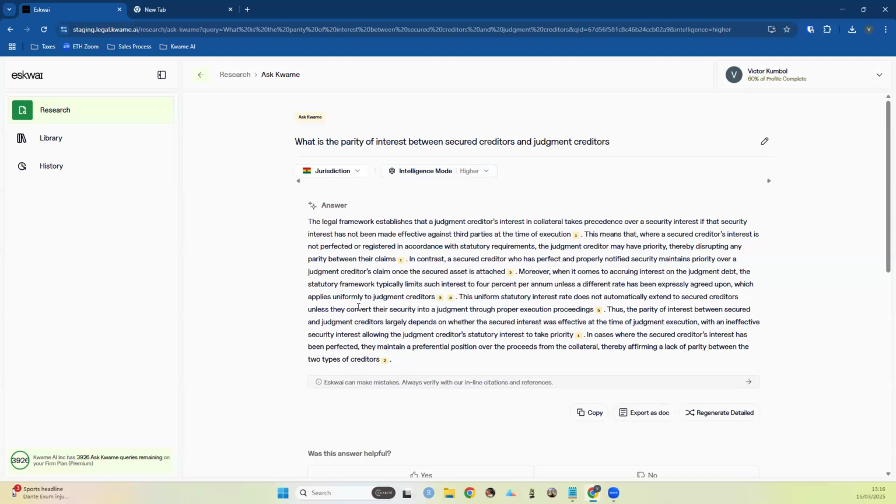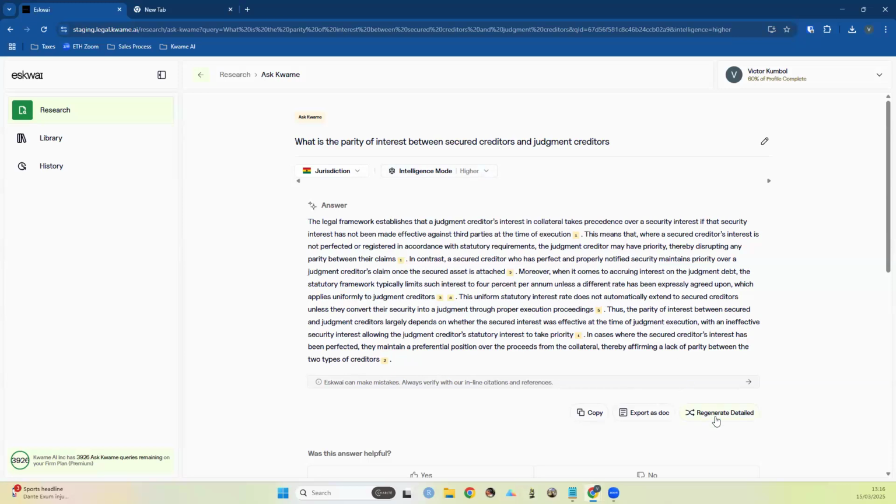I'll leave it on for a bit and then switch to the standard intelligence, which is what we currently have available to all users. So this is what you have with the high intelligence. You can also regenerate a more detailed answer if that's what you want.